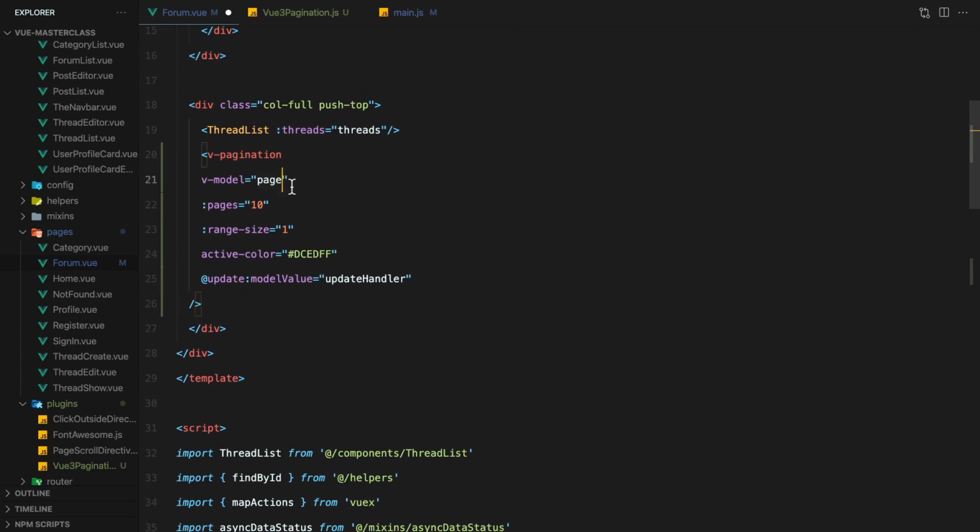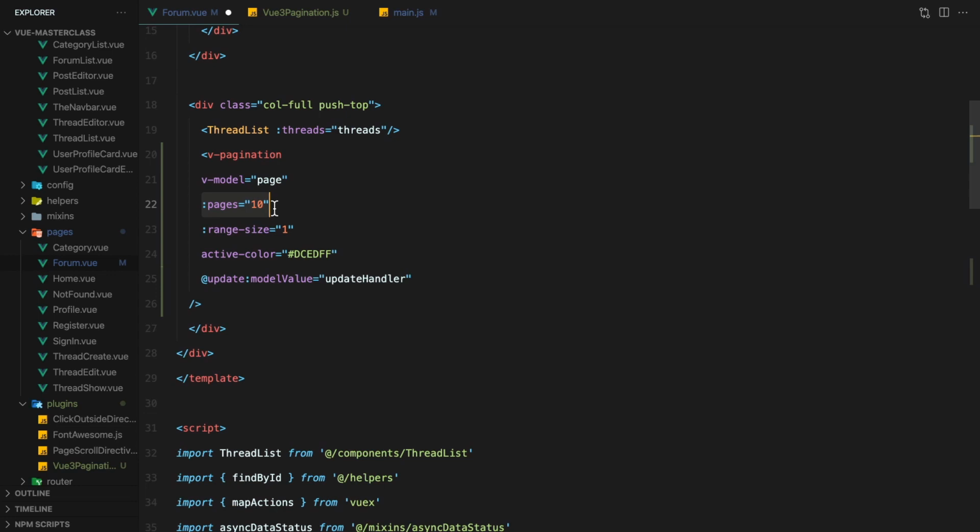Next, we need to know how many total pages of threads exist for the forum on this page. This is one downside to the pagination button approach. It adds a little bit more complexity because it has to know how many buttons to show. The infinite scroll approach doesn't care how many pages there are. It just keeps loading them in until there are no more. However, it's not that big of a deal, as you'll soon see.